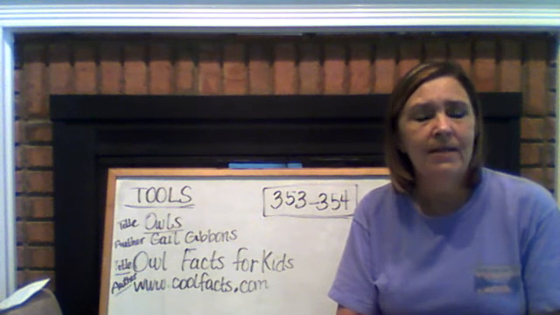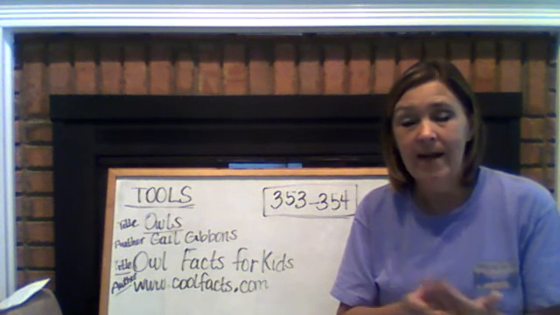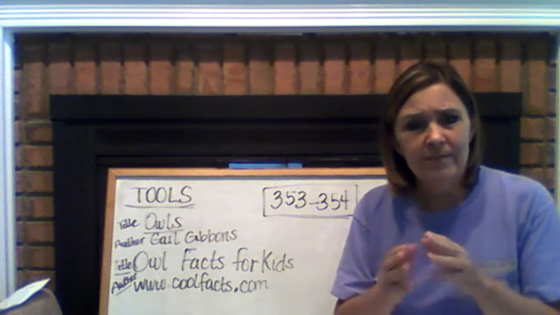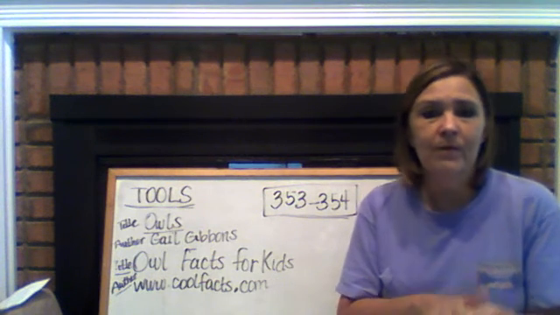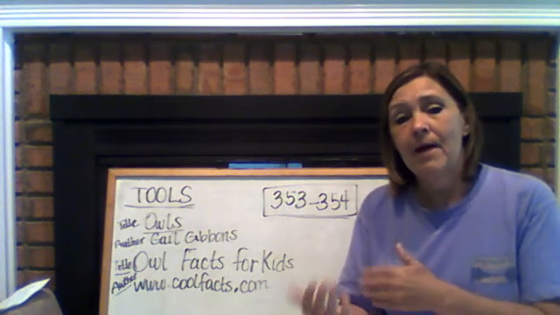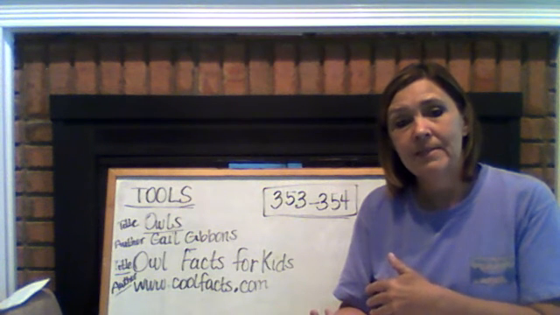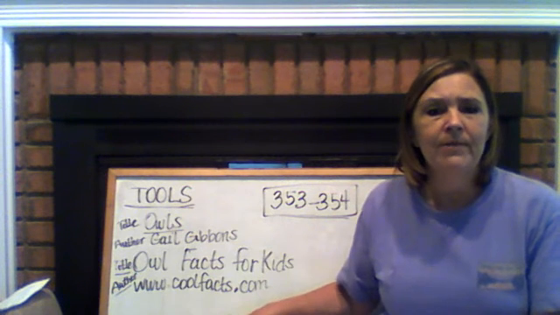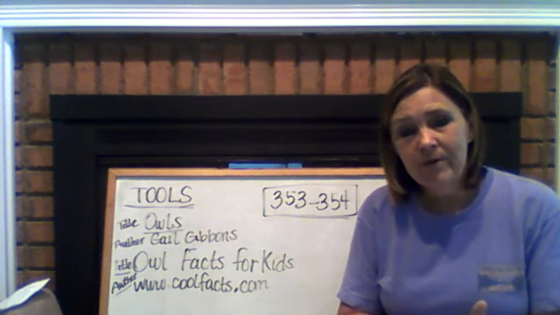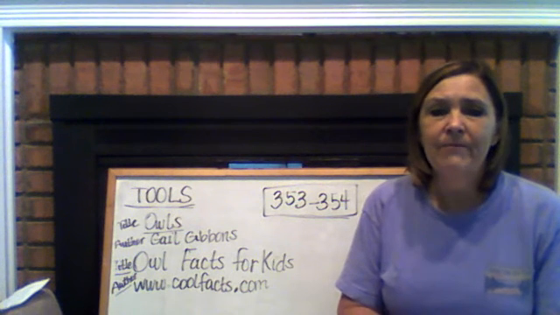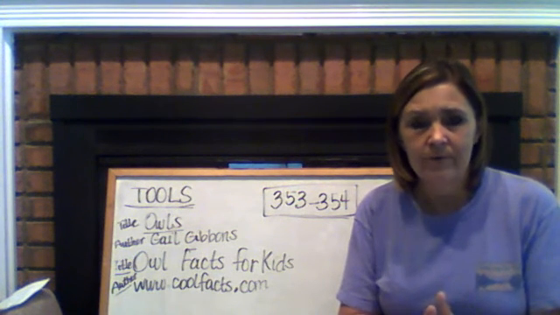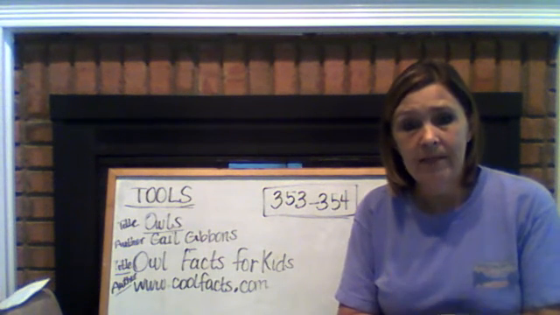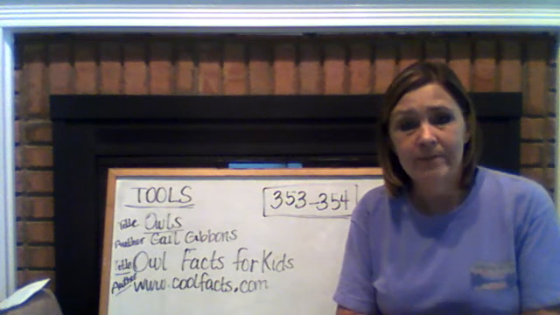I know one of the things that I learned recently was that an owl's eyes have 1 million rods. You have 2 parts in your eye, rods and cones. One helps you see color, one helps you see black and white, and an owl has 1 million rods, and that's why they see so well at night. We have 250,000, so an owl sees much better than us. That may be a fact that some of you are interested in. It may be a fact that's just something that an older brother or sister would be interested in. So make sure that you find facts that are meaningful to you and facts that you understand.